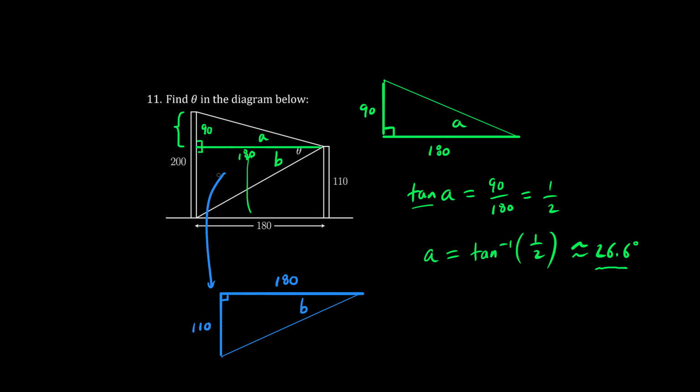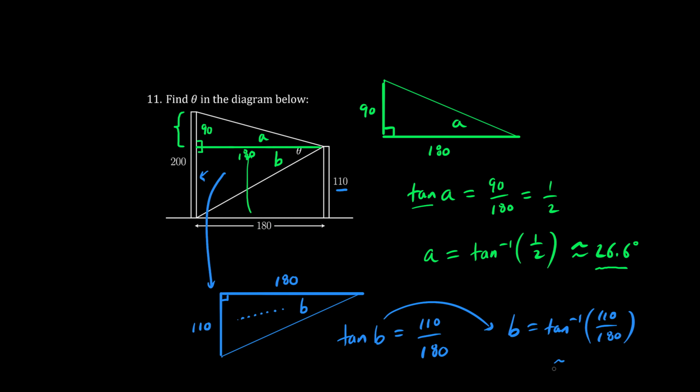So we copy the bottom triangle. We have 110. We slide this 110 over here, which becomes this number 110 over here. And 180 slides up as well. And we're interested in angle B. Using SOH CAH TOA, we have opposite and adjacent. So we use tan of the angle B is equal to the opposite over the adjacent. We find the angle by taking the trig inverse, which would be tan inverse of 110 over 180, which is